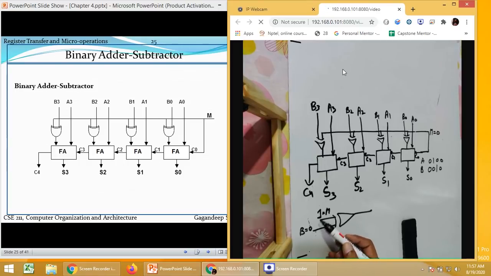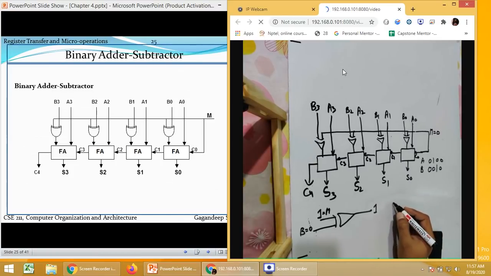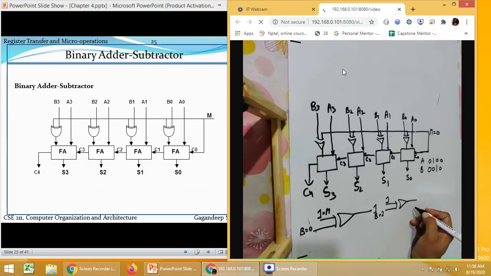Both the values are different, output will be high. Okay, let us consider the second case. I will not rub it so that you understand it. This value is 1. Instead of giving the value of B as 0, now we are giving the value of B as 1. So 1 plus 1, both the values are same, output will be 0.